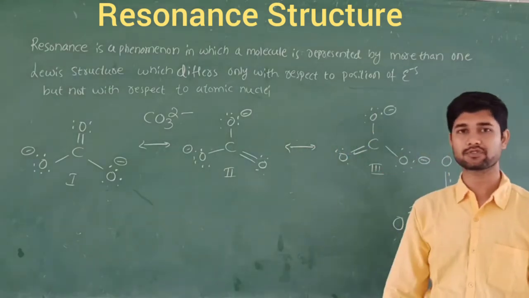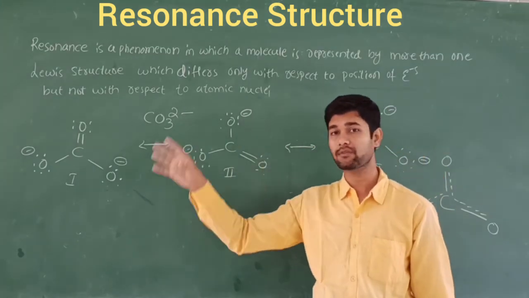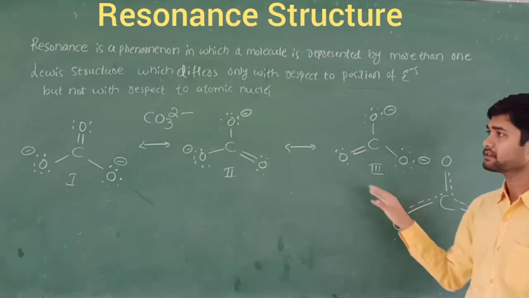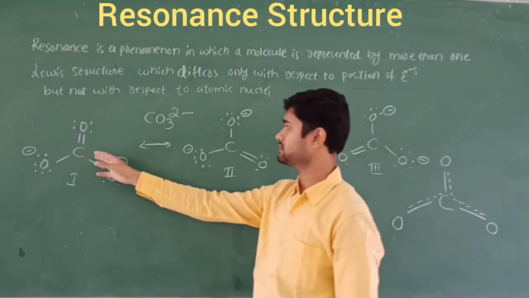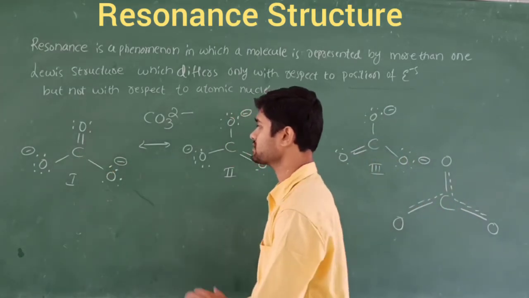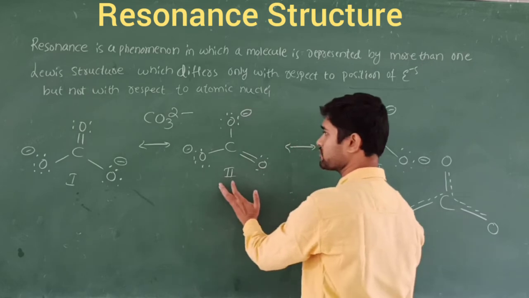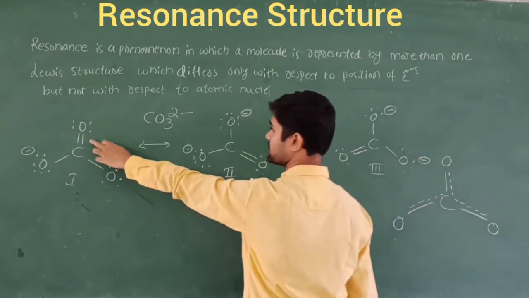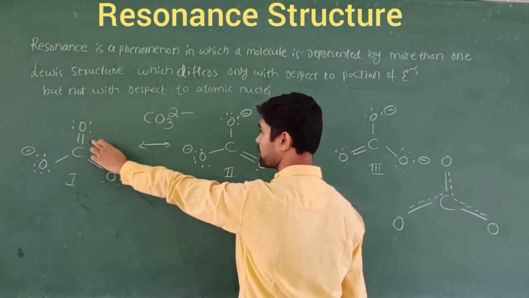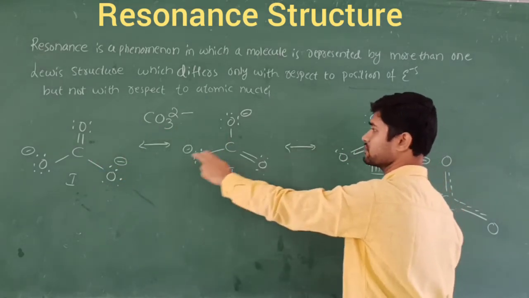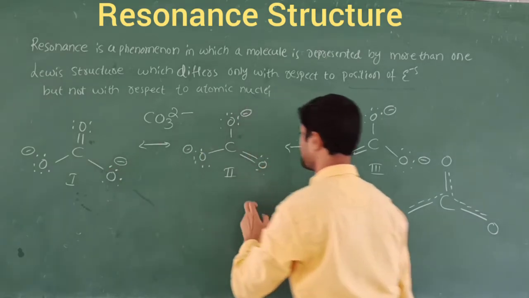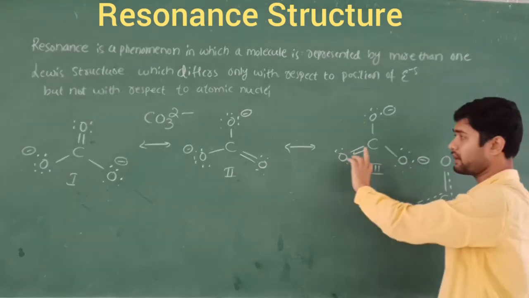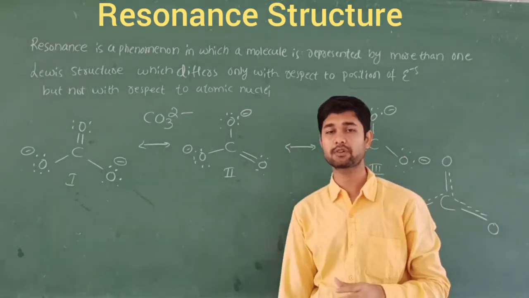According to the Lewis dot structure, we write more than one representation. That is one type, this is another type, and this is the third type. This one is C double bond O minus, and it is not similar to the others. What happens here? The position of the electrons changes. In the first structure the double bond is on one side and here there is a single bond, so the double bond has shifted to this side. In the second structure the double bond is on the right side, but here it comes to the left side. The position of the electrons is changed.